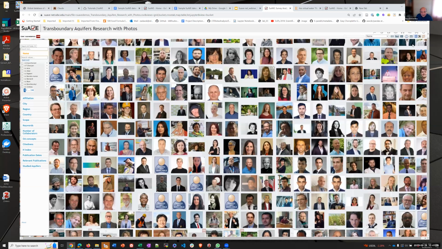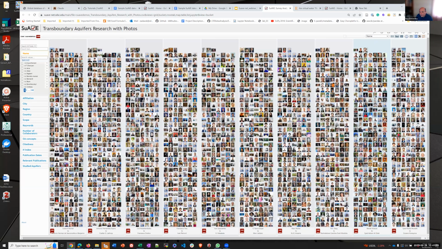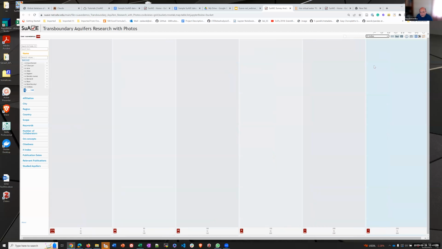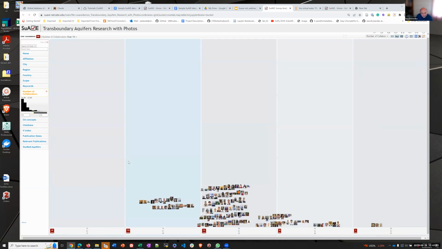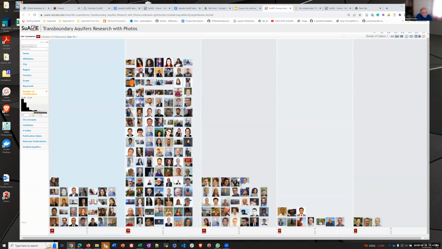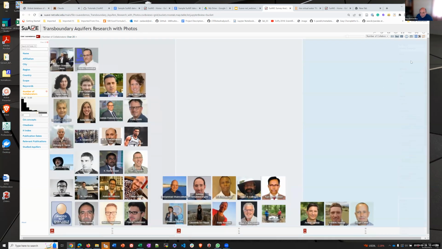So, for example, here we can look at distribution by countries, by any of the other things, by H index, by citedness and number of collaborators, and see who are the most well-connected people in this group, and look at their